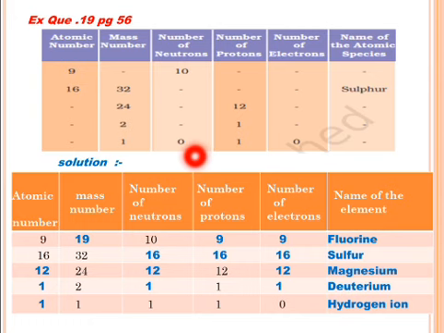So it might be protium of hydrogen, but it is also said that it does not contain any electron. It means the electron is also lost. It means it is the ionic form of hydrogen atom. So if it does not contain an electron, it is the hydrogen ion, because one electron has been lost. It contained one electron and that electron has been lost, so it has formed the hydrogen ion, that is H positive ion, right? So this is how you have to fill this table by applying your knowledge.